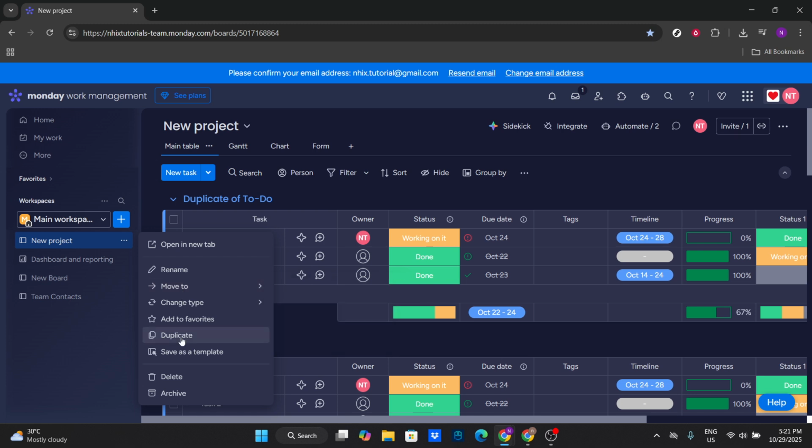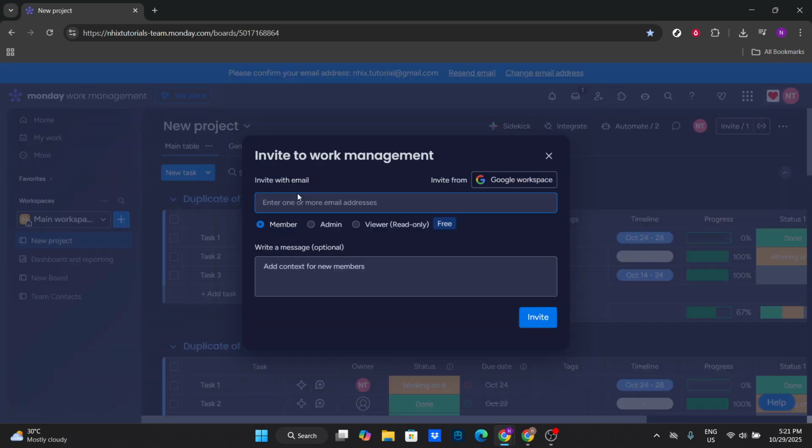Once your duplicate board is ready, you'll need to invite members to it. This is essential if you're moving your board to collaborate with someone on a new account. Look for the Invite Members button within the board settings. Click on it to proceed. A list of current members will appear, and you can click on Member to invite new people who will be working on this board with you. Once you've selected